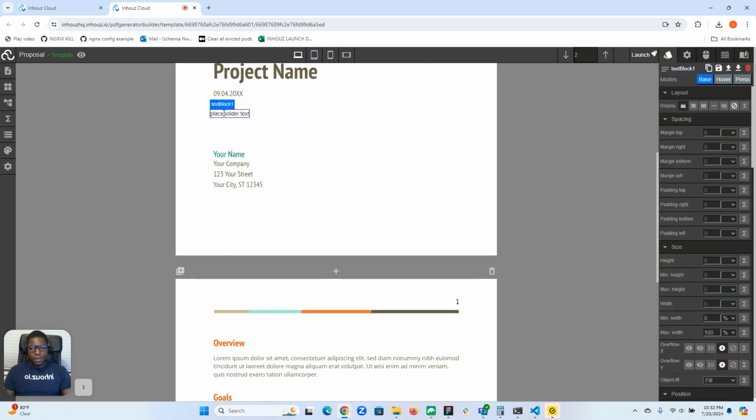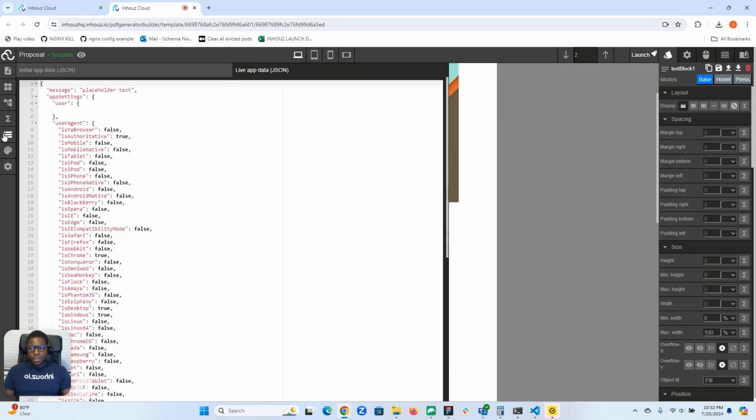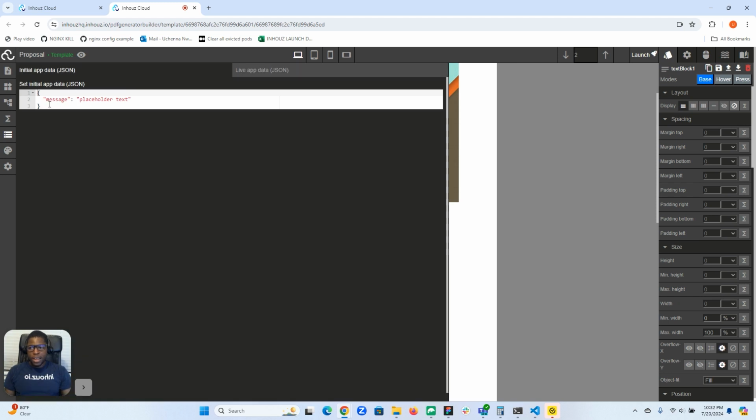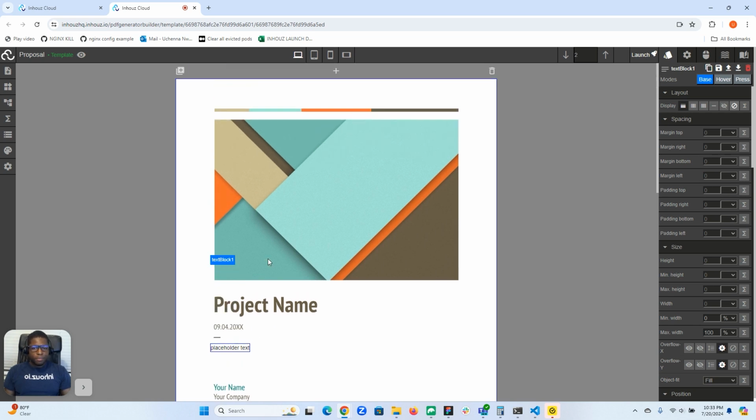We added a text box to page 1 of this document. We connected this text box to some data in our application. So we have a field called message that we initialized with some random placeholder text, and that's what you see right here. When we generate a document, of course, a data-driven PDF generation process,